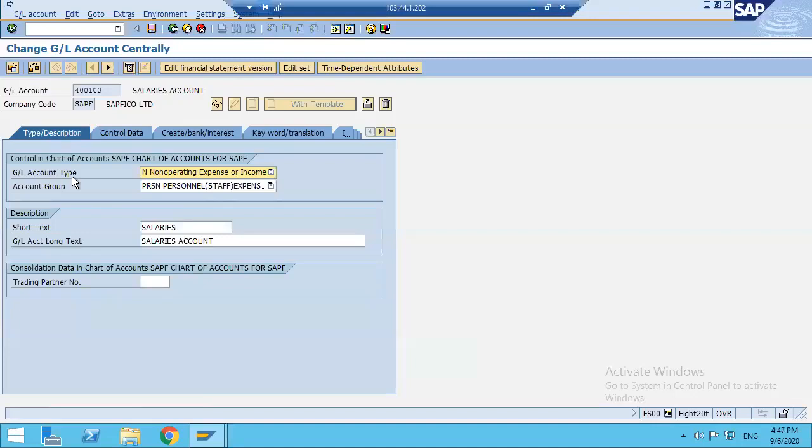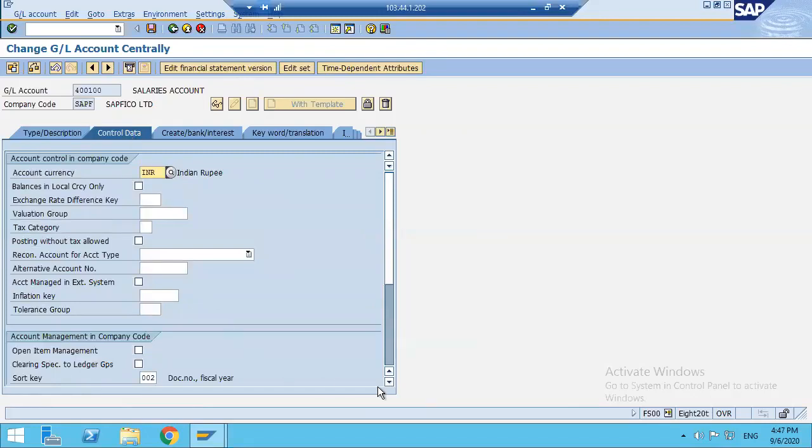So here, this GL account salaries was created by the student as non-operating expenses income. That means it's not related to cost element, but you want to create the salaries account as a primary cost element, right? So when you select primary cost element, if you go to the control data tab,